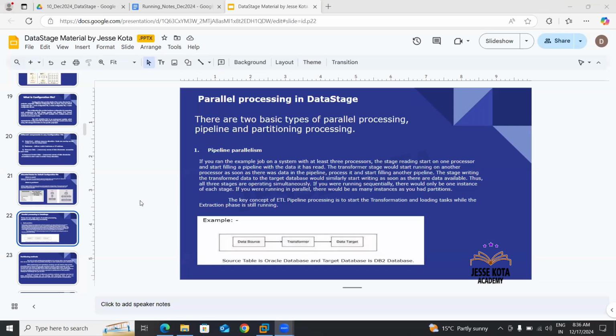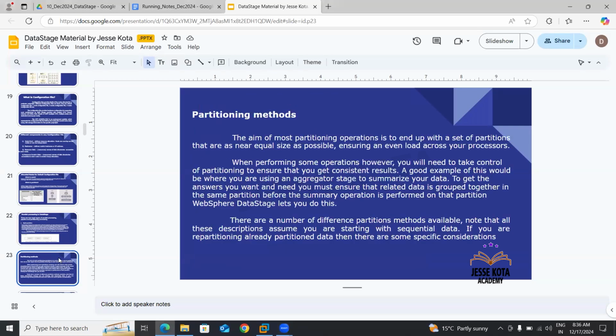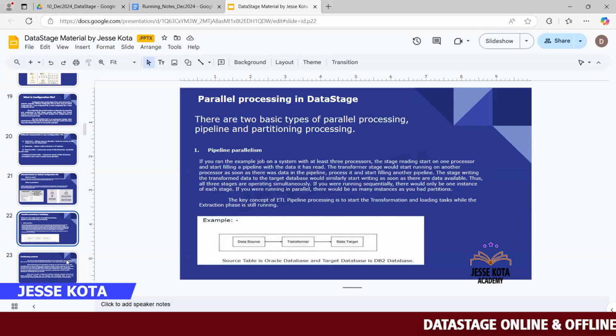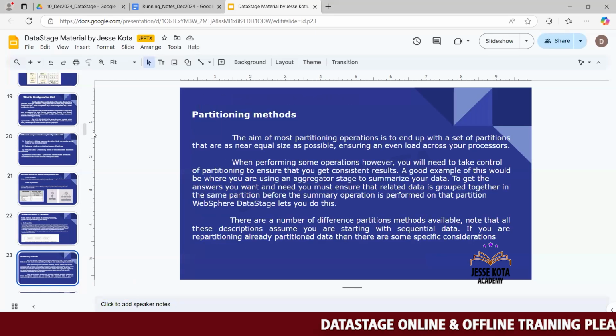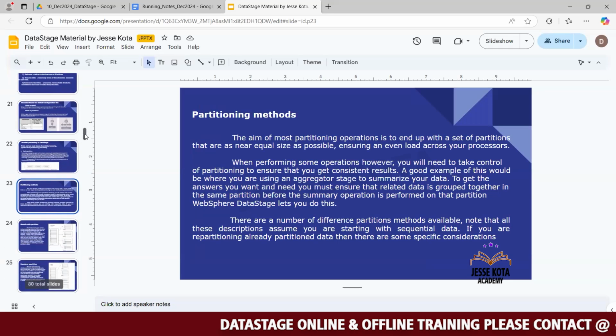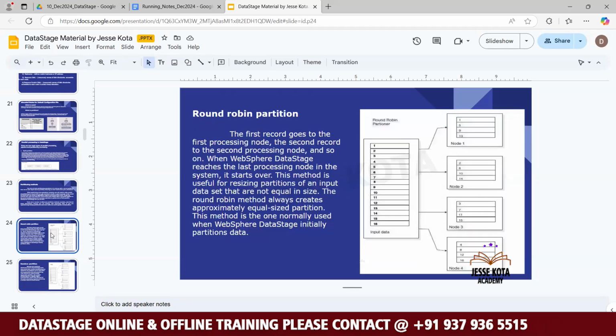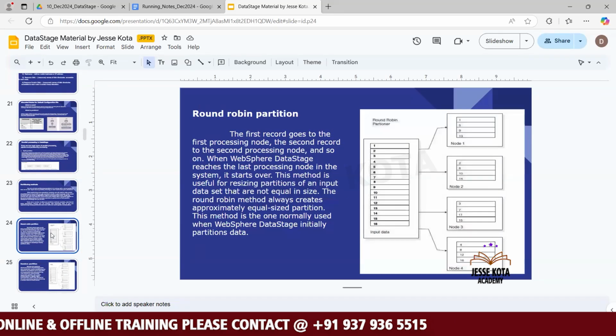Next we have the partition method, partition parallelism. What it will do is distribute the data into various partitions, the partition that we choose. Now let's see, we have various partition methods. What are those various partition methods? The first partition method is